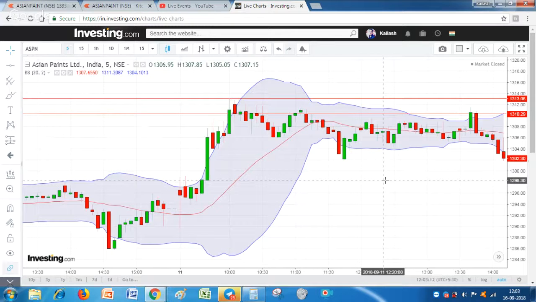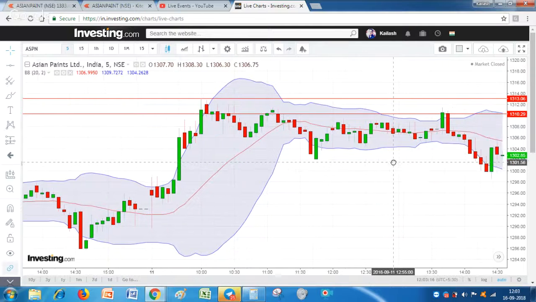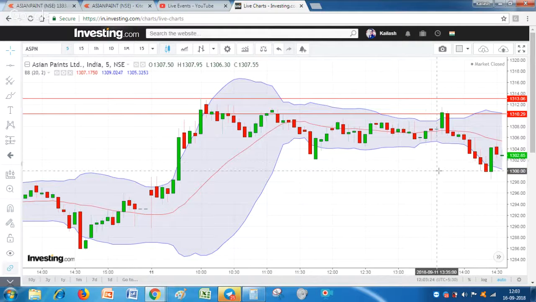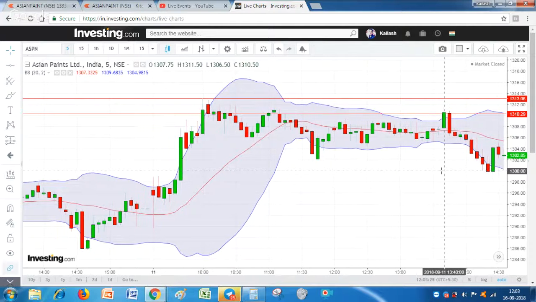And don't ever forget, friends, that we should not take a risk of more than 2% of our total trading capital in a day, or in a particular trade. And one more thing, suppose one day our stop loss is hit. Suppose we have taken a risk of 200 rupees in a particular trade, and we have lost that trade, so we can go for one more trade only. And even if that trade is lost, we should close for the day.